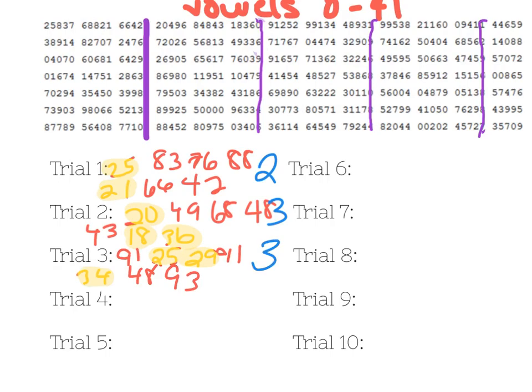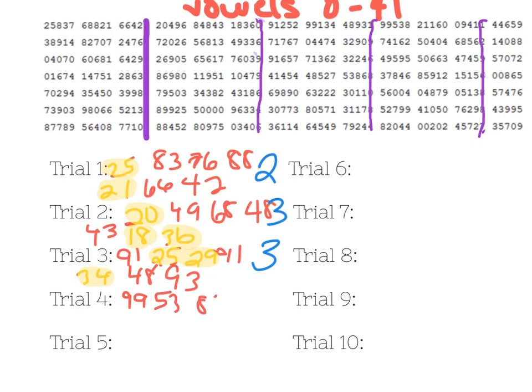And then I'm going to keep going. So I'm going to go to the next one. 99, 53, 82, 11, 69, and 41. So you can even, if you want to try to just highlight up here if you can. It might be a little bit harder if you're on a computer, but I'm just going to write them all down. So trial 4, oops, need my pen, is a 99,